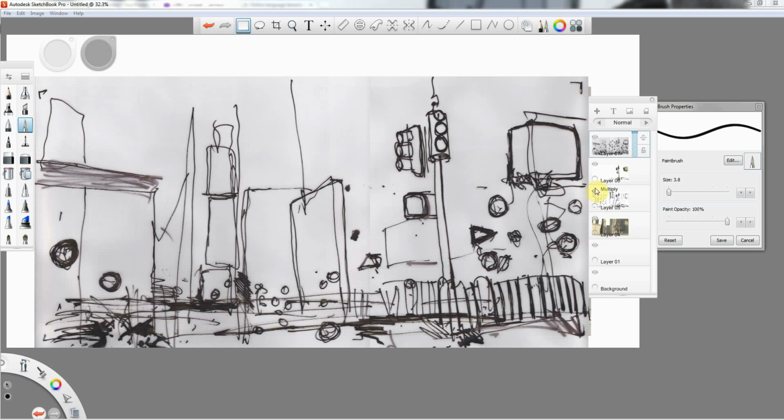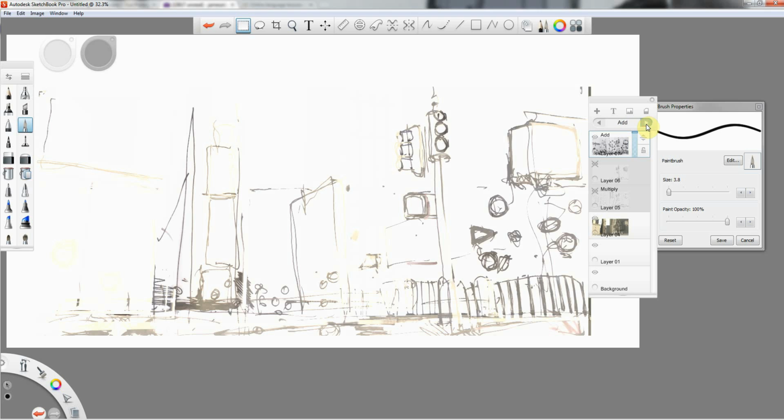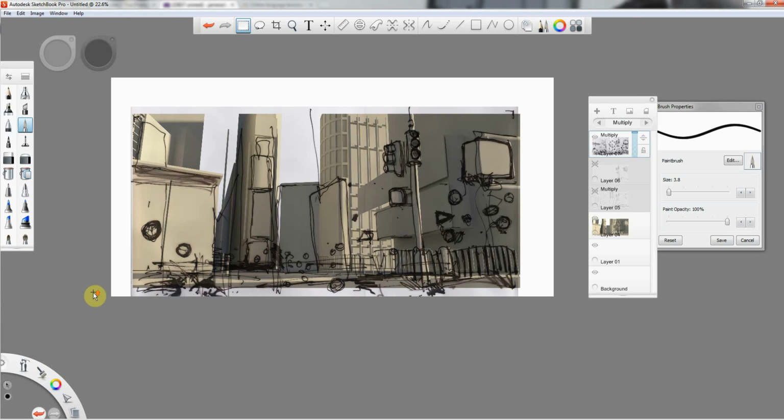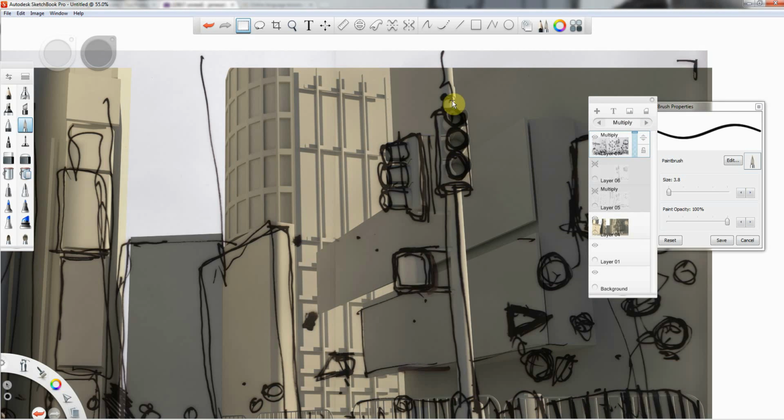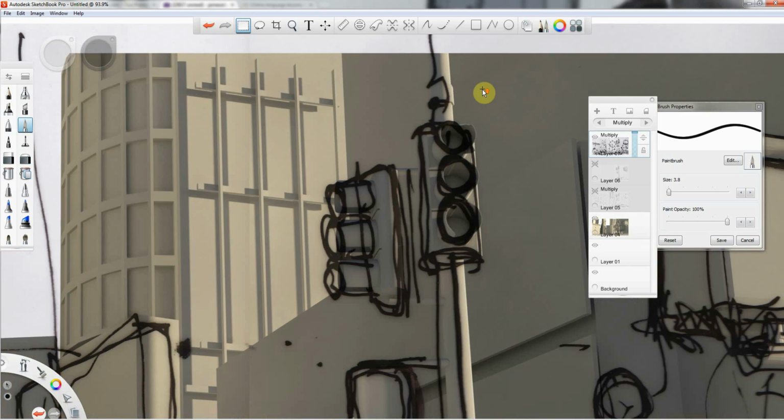My graphics card's kicking in a lot now. You might be able to hear it. I'm going to take off some of the layers. Perhaps it'll give it a bit of a break. And on this layer, we're going to look at multiply. So immediately, look, it gives us the cool effect where you've got the black ink and most of the white